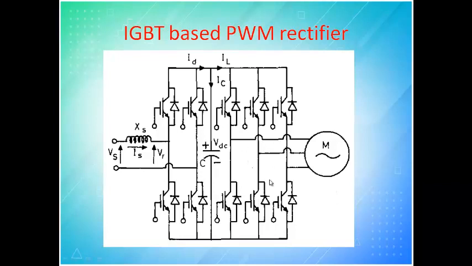You cannot go for SCR or transistor, because you can see here you have single phase AC. This circuit connects a 3-phase motor to the available single phase supply. From the single phase I am going to convert to 3-phase and use it. So it is a circuit for converting single phase AC to 3-phase AC. All these 4 switches are used for the rectifier. The capacitance will charge and it is used to reduce the ripple. Then the DC output on this side is again converted into AC with the help of the 6 switches.